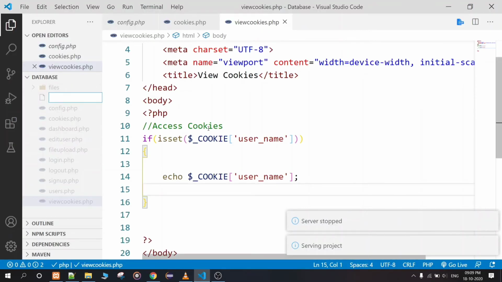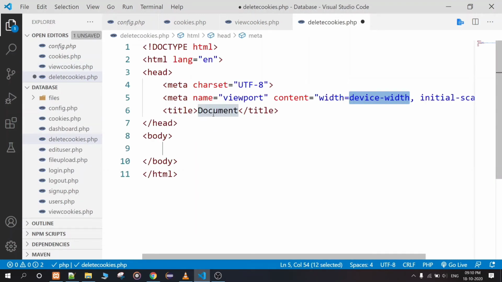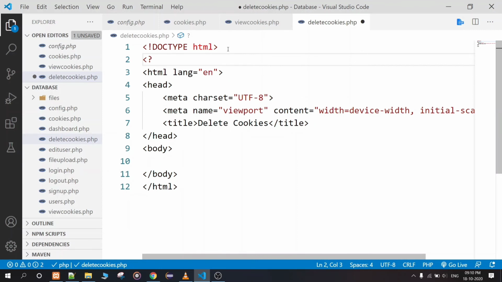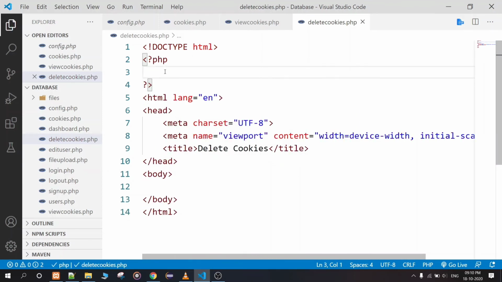So now we have to delete our cookie. So we have defined a page, delete cookies. Import a simple HTML template, delete cookies. We have to set the cookie.